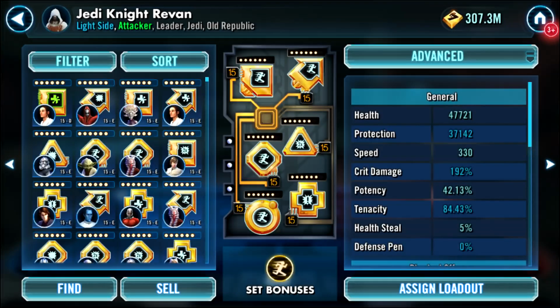So starting up is our team's leader, Jedi Knight Revan, who we have modded with one of our fastest speed sets with a total of 330 speed. The second set doesn't matter, with him as being fast is really all he needs as a strong leader and support character. Mark, cleansing and healing is his main priority on the team, so the more he can do all